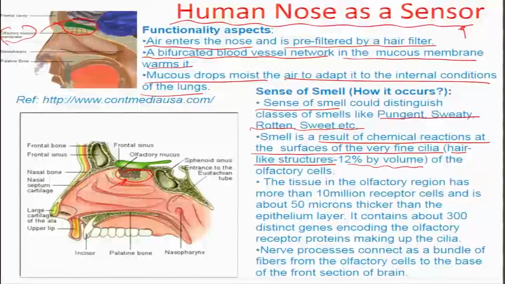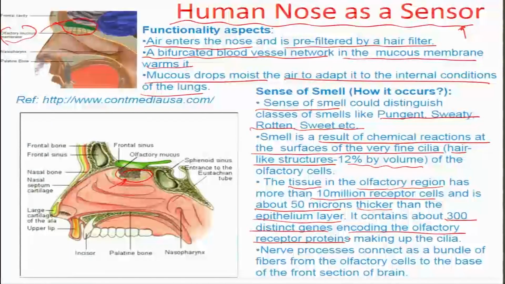If we look particularly at the tissue that makes up this olfactory region, it has more than 10 million receptor cells, and the tissue is physically about 50 microns thicker than the epithelium layer, containing about 300 different genes which can encode the olfactory receptor proteins on the hair-like cilia. This continuous encoding of different genes, resulting in the generation of a sequence of amino acids from the cilia, is what makes the sense of smell come up. So basically the chemical reactions which happen on the surface of such cilia